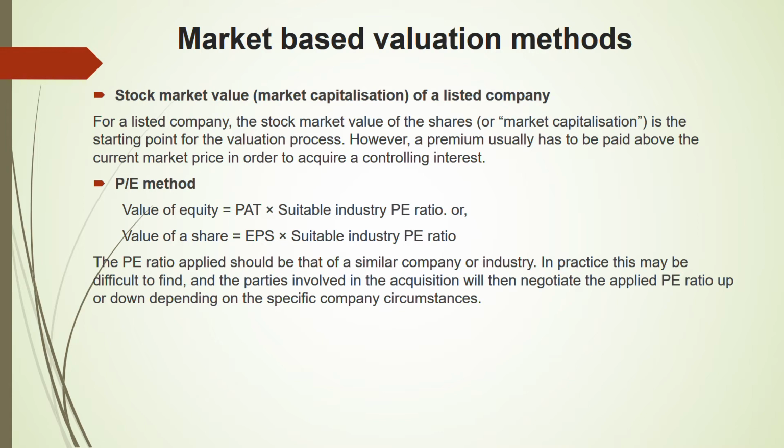But from your exam's point of view, you can take the PE ratio of the similar company, but you have to make sure that you write these limitations, okay? Because for the disadvantages also you need to write something, right? So you have to write these things,